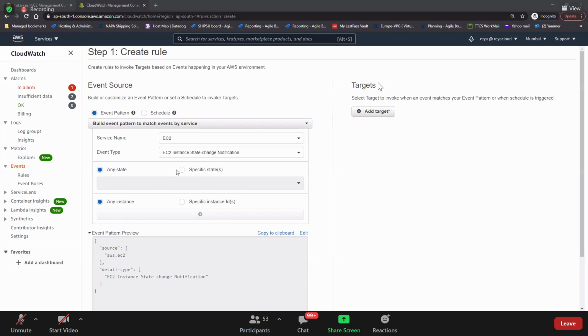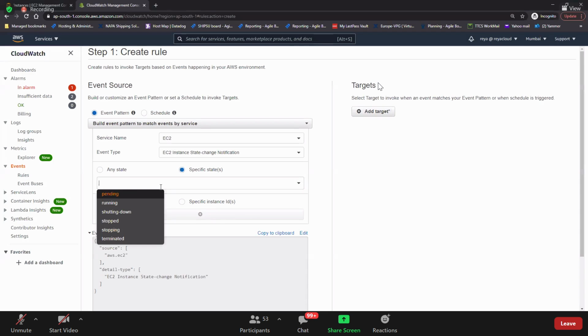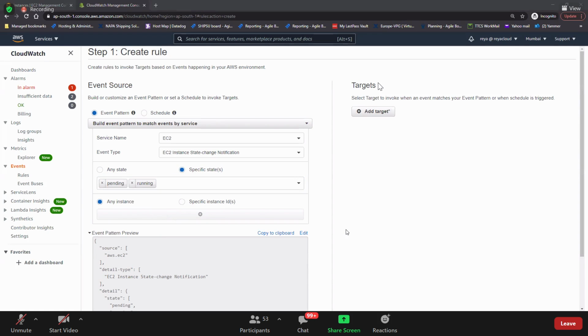So if you select specific state here, do you see that? Pending, running, stopping, stopped, shutting down, terminated. If you are interested in pending, select it, and running also, select it. If there is any state change from pending to running, you will receive a notification.